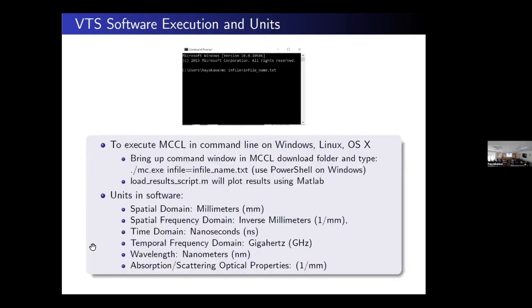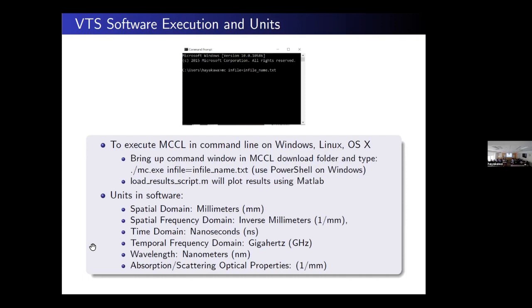In order to run our code, our Monte Carlo command line works on Windows, Linux, and OS X. You give the command like this. Sometimes there are parameter sweep arguments you can give to spell out the parameter sweep like I described. After the simulation runs, we have scripts you can run: just put the output file that you designated in a location in this file, and we have ways to plot all the results.